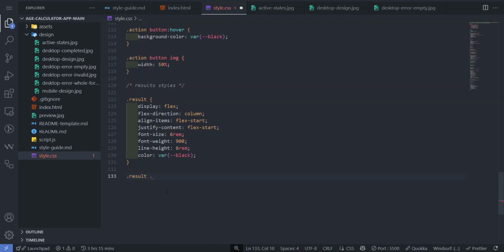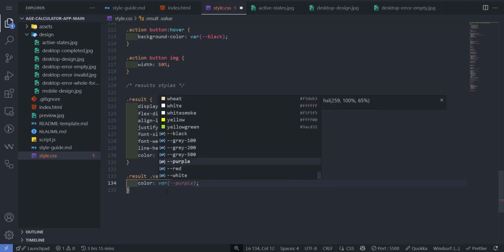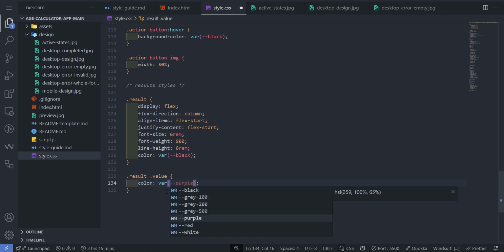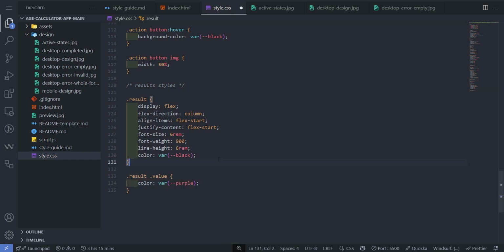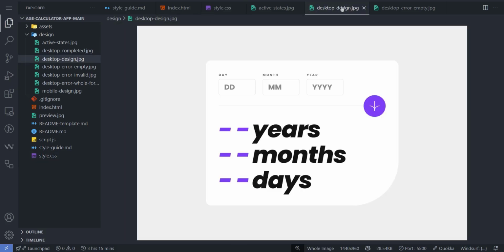So we say dot value, and we're going to give them a color of variable, and I say purple. Yeah. I think this should do to complete our UI. So this is the front end, the UI. I think it's as close as possible to what we have here, if not exactly close,